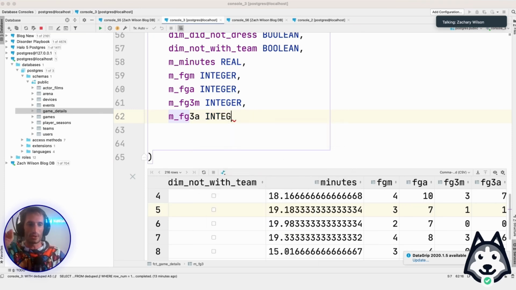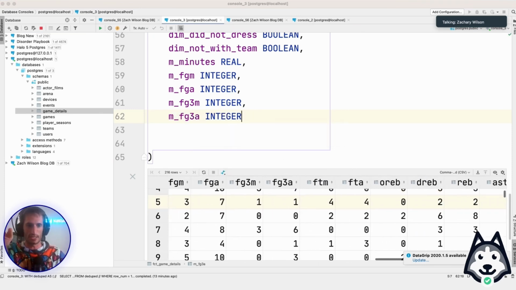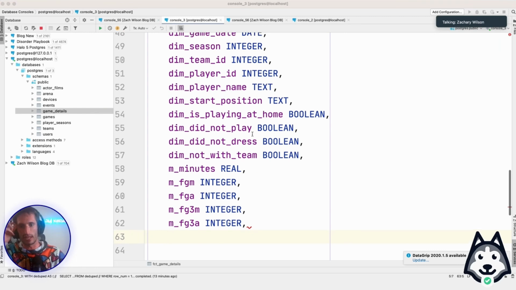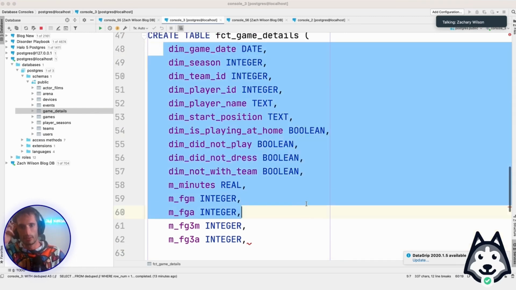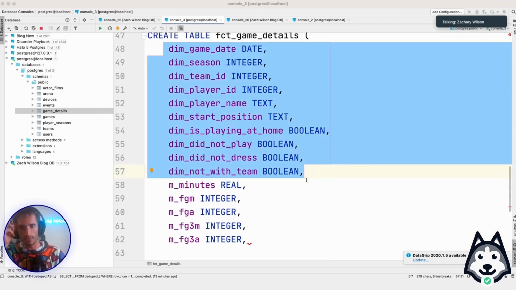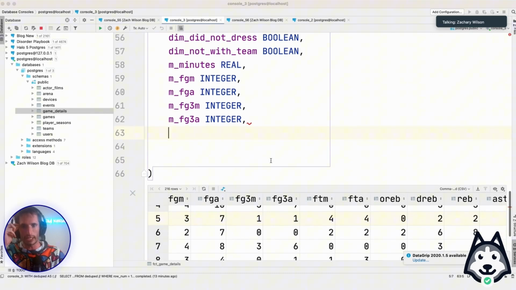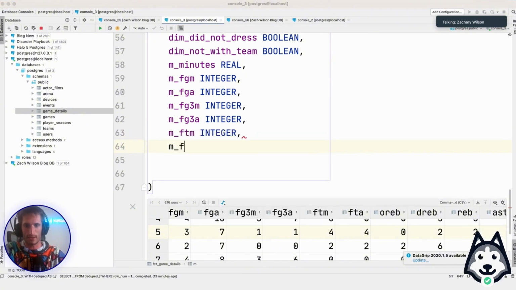Because you want to put all of these into what they are so that people are aware. If you have these naming conventions, like if you put dim, that means these are columns that you should filter on and group by. And M are columns that you should aggregate and do all sorts of math on, right? So we can say M FTM, we can say M FTA,